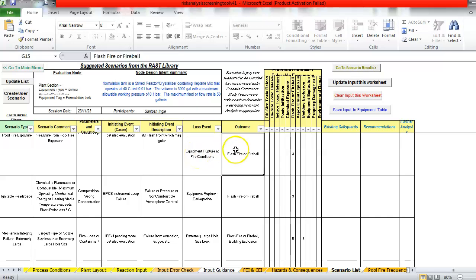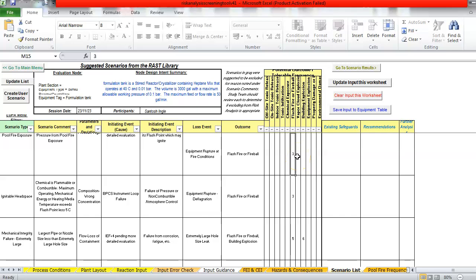Okay, and the outcome is flash fire or fireball. So the scenario is pool fire. So basically flash fire or fireball can occur here. So for this there is a potential outcome. What are the potential outcomes? The major potential outcome is flash fire or fireball, as we have given here. There can be multiple potential outcomes, but in this case only one potential outcome is given, and here a number 3